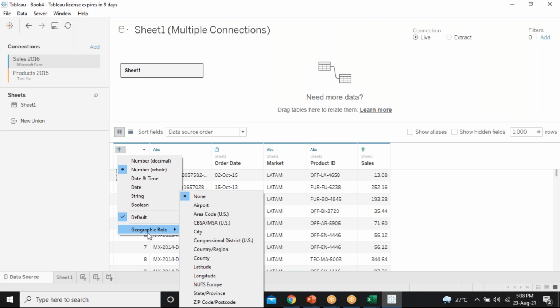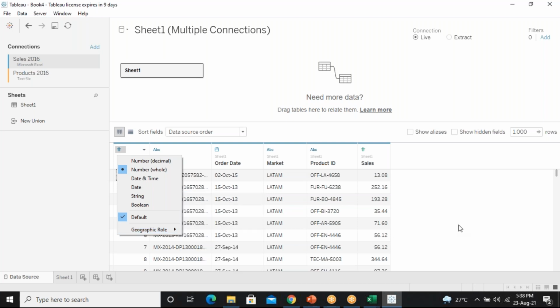So I click on this place, geographic role, and change it to postcode, and now it will be converted automatically. The same goes for latitude and longitude points: even if they have been taken as numbers, I can change them here. So you can even change the format of the data or data types.